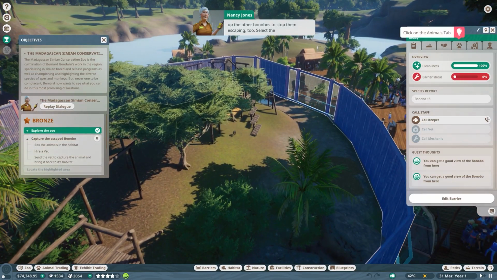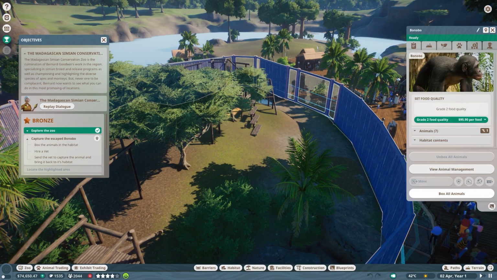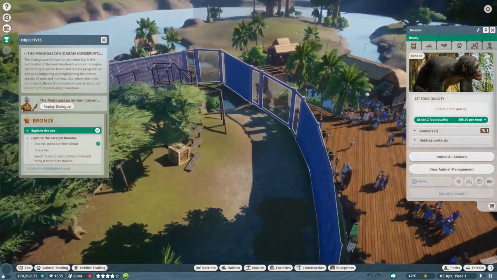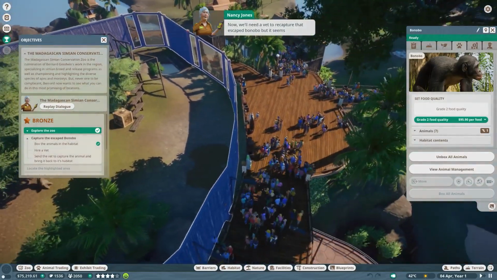Okay, well I know how to do that. Select the habitat boundary to bring up the habitat information panel. And then we box all animals. Good. Now open the animals tab. I did that. Now, we'll need a vet to recapture that escaped bonobo, but it seems our last one left